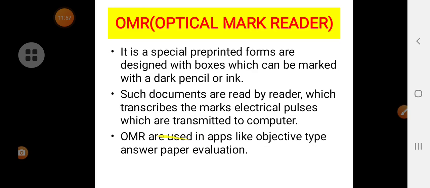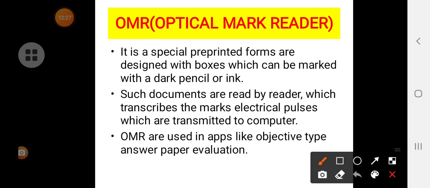So next I will be moving on to the optical devices, that is OMR. OMR sheets, have you heard of them? While preparing for any competitive exams, or if in the future you are going to attend a CET exam, at that point of time they will give one OMR answer sheet. So this OMR means optical mark reader.